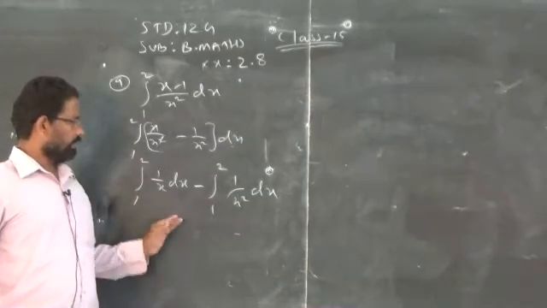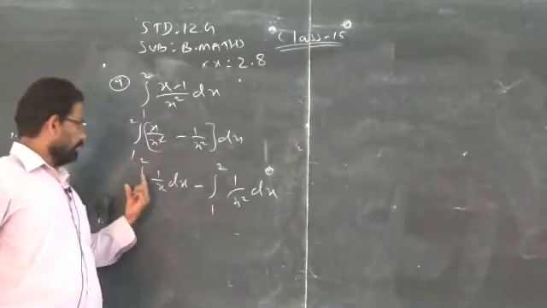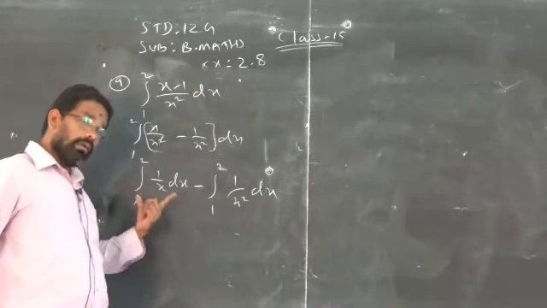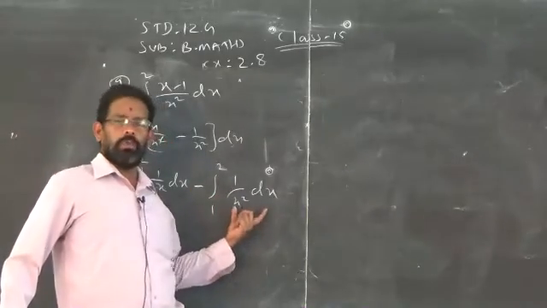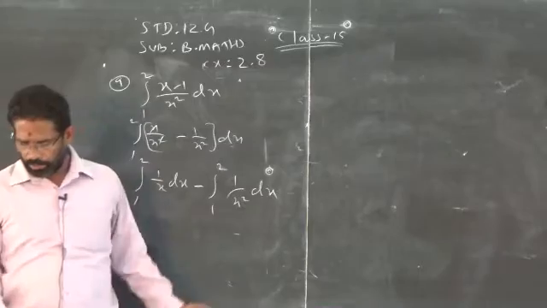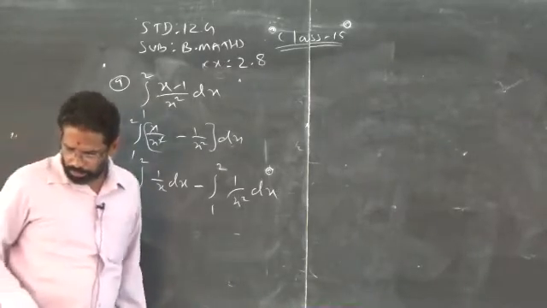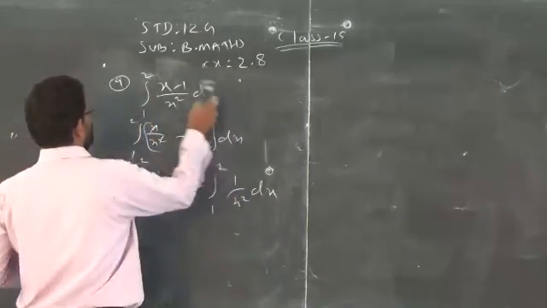Clear? I did. So you only have to integrate and substitute the upper limit and lower limit separately for the first term. Again you have to integrate the second term. You apply the upper limit and the lower limit, you will get the answer. Now the second Roman number. This is also very simple.